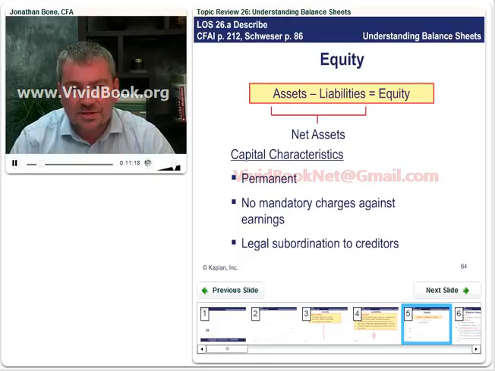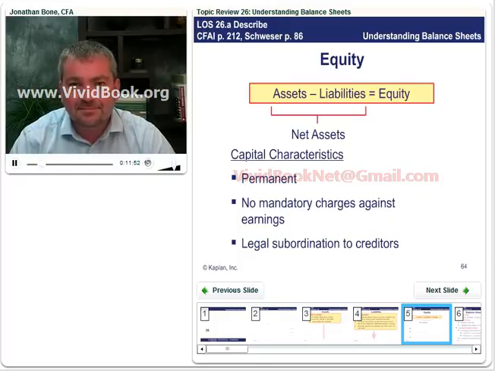No mandatory charge against the earnings. Again, your common stock, it's permanent and it doesn't have a mandatory charge against earnings. In other words, you're not entitled to a dividend. The dividend, if you like, is at the choice of the directors in terms of whether to pay one and also the size of it. What do the shareholders have up their sleeve if they don't like the dividend decisions being made by the board of directors? Well, ultimately, if enough shareholders dislike it, we could remove the directors in a special meeting,